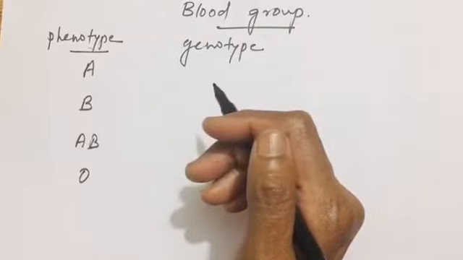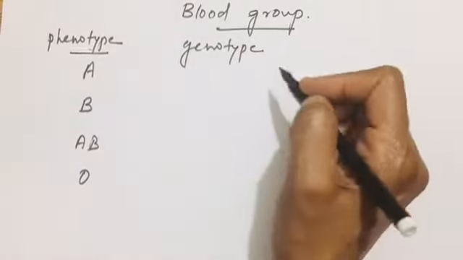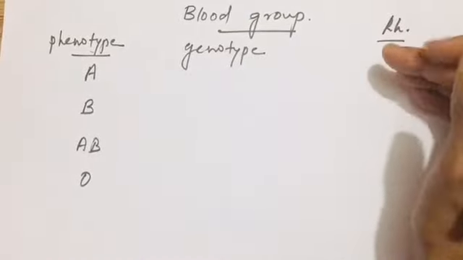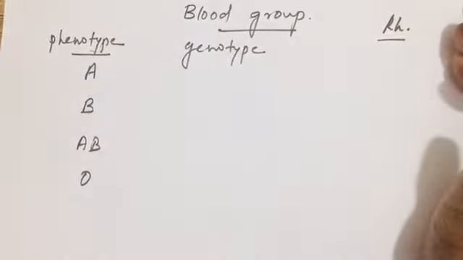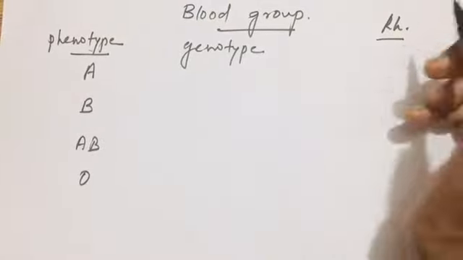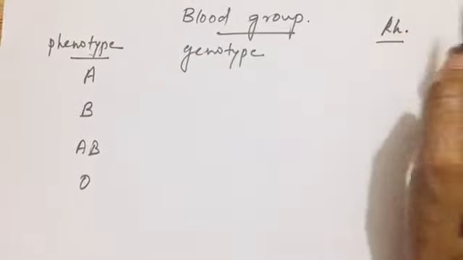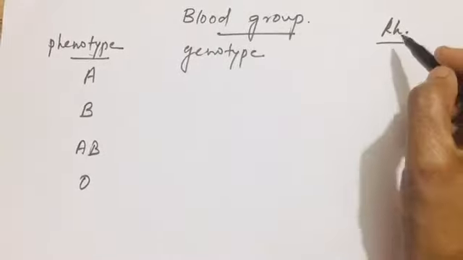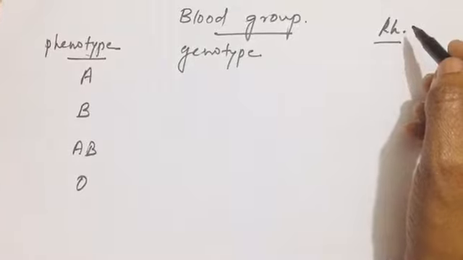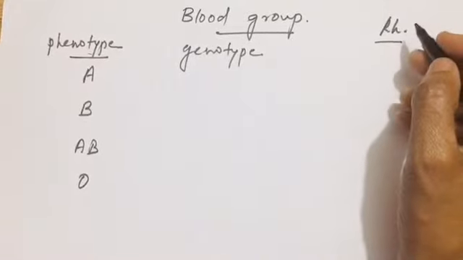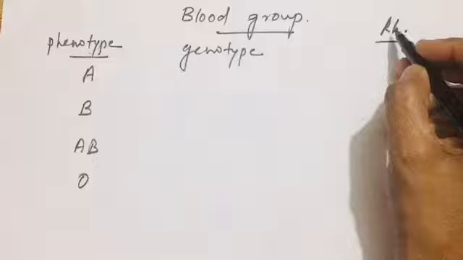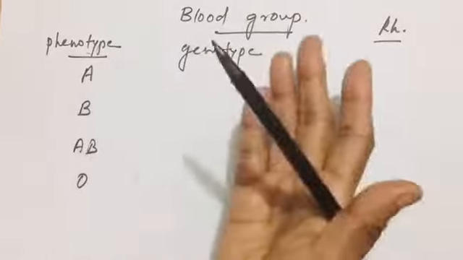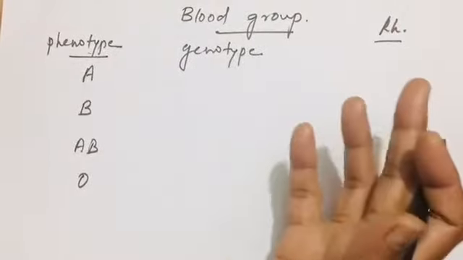In the previous video I said Rh factor means a factor which is present in the human blood, which is also found in the monkey's blood. The monkey's generic name is Rhesus, R-H-E-S-U-S. So Rhesus monkeys' blood also possesses this factor. The humans who possess this factor are termed positive ones, like A positive, B positive, AB positive or O positive.